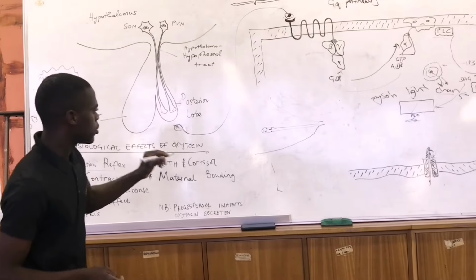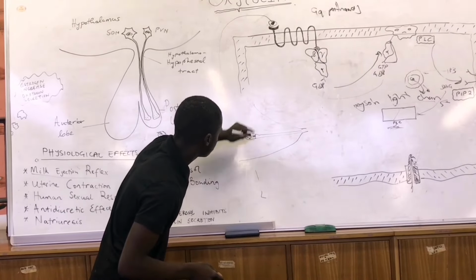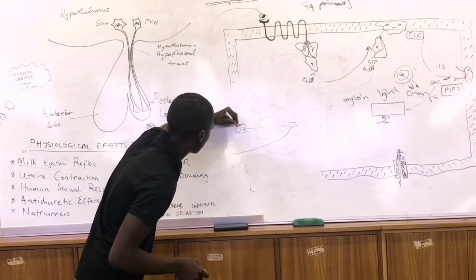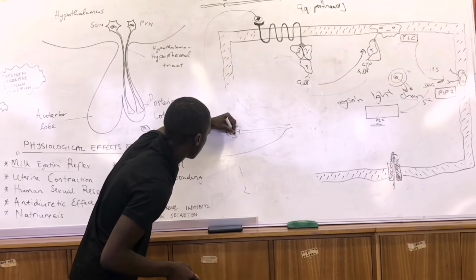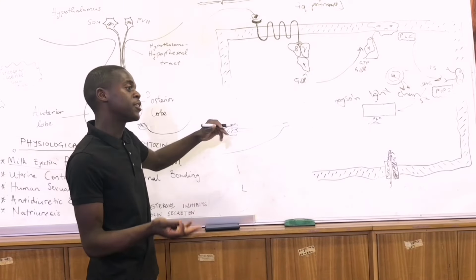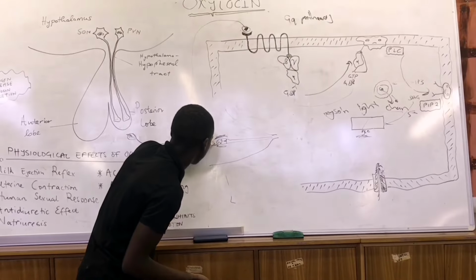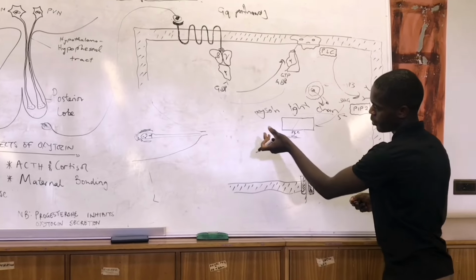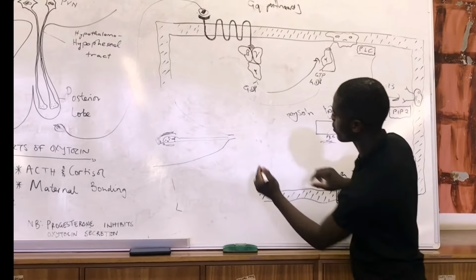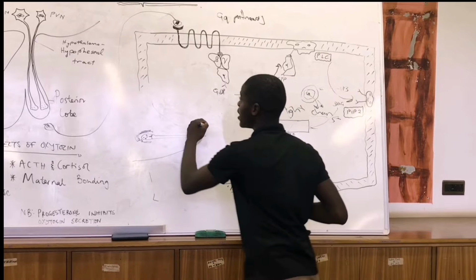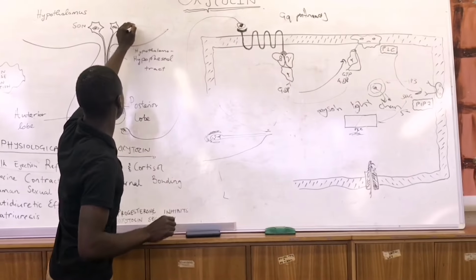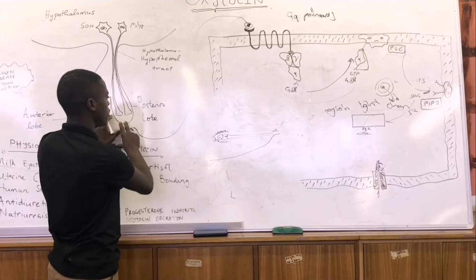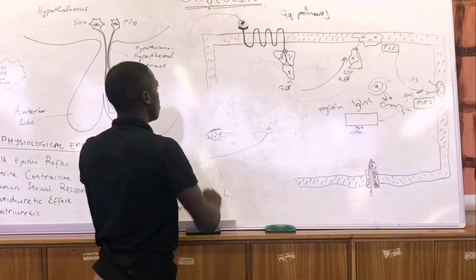So we know that this lactiferous duct is surrounded by what you call myoepithelium, which is just epithelium that is specialized for contraction. Right. So upon suckling of the nipple, we have activation of these mechanoreceptors, which will then send a signal to the hypothalamus, which will cause the posterior lobe to secrete oxytocin. When oxytocin